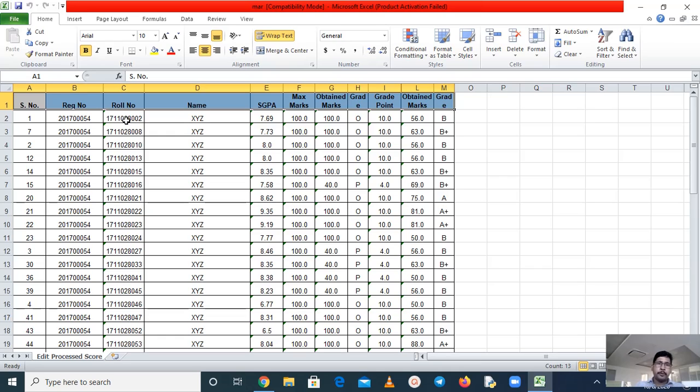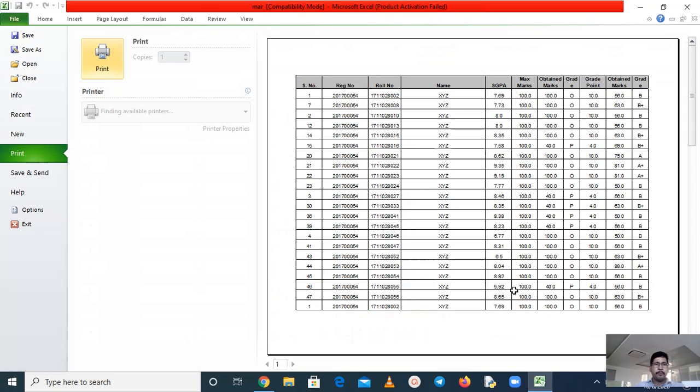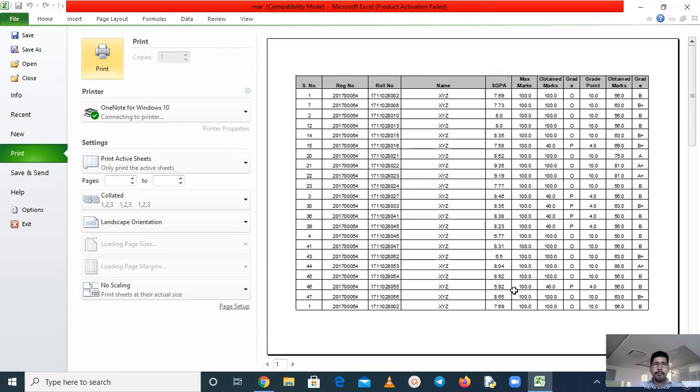But if you are going to print this page, and you want the header on each and every page, then how can you do this? Firstly let me show you the current scenario. Just press Control P, so we can open the print preview and we can see exactly what the problem is. So just wait. Here you can see this is the print preview of that page, and this is the first page.